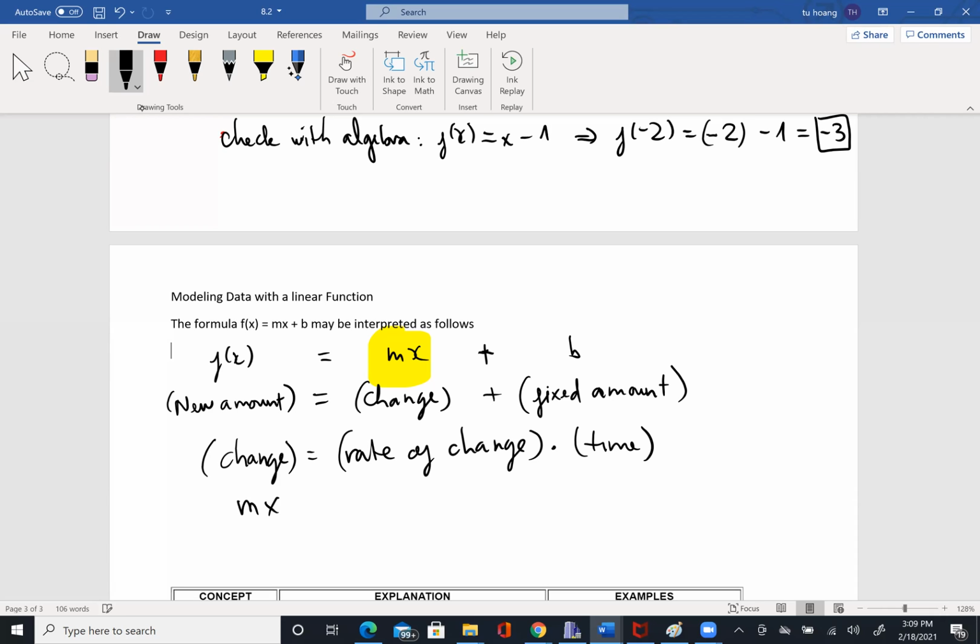Which I can rewrite as mx, which will be m times x. So m in here is rate of change. So slope